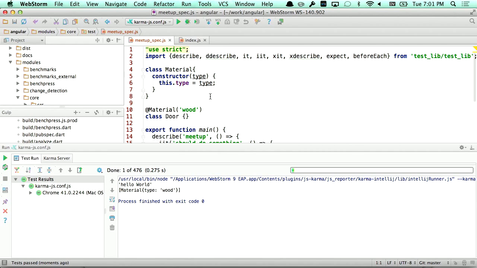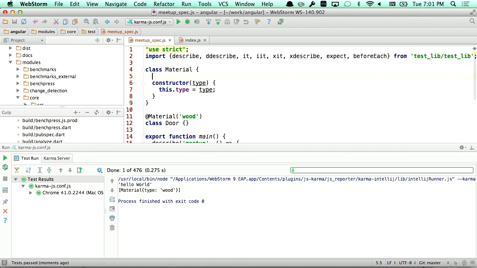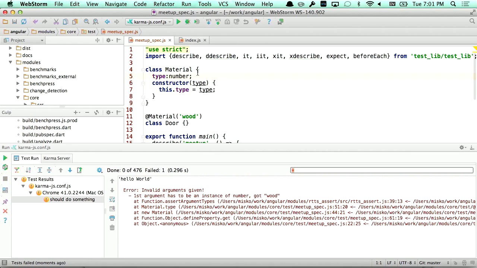One of the things you can do is declare a type ahead of time. So you can say that type is, and I'm going to do something silly, a number. Now when I execute this, notice I'm going to get an error that says, hey, you tried to assign into a number, but you're trying to assign essentially a string. So we can do verifications such as these.